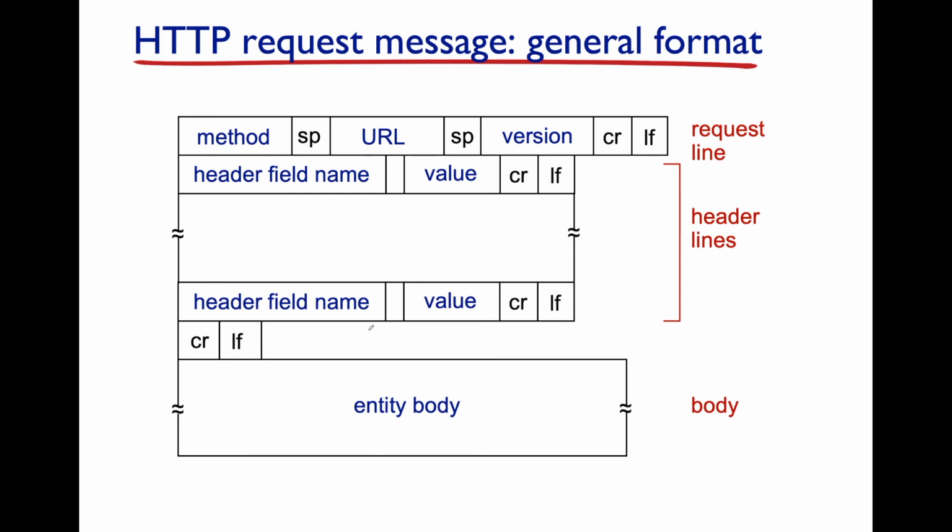You have a URL, Uniform Resource Locator, a space, the version number of the protocol, and a carriage return line feed. Then you have the header field name, a space, and then the values, so name-value pairs. And then you have a carriage return line feed, and then optionally an entity body, which is built into the protocol specification